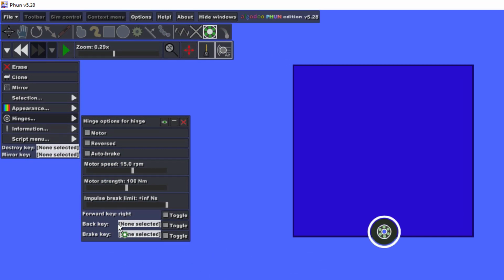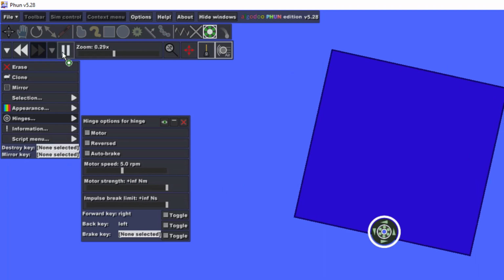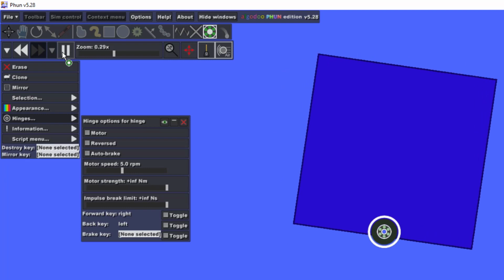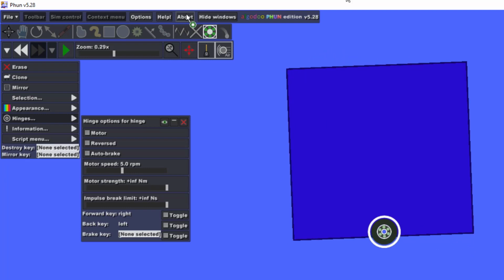Right arrow and left arrow. And then we're going to make the motor speed 5, so it's pretty slow, but we're going to make it super strength. And when we hit play, you can see I can move that left and right to get it where I want. I'm going to use spacebar to pause, and now I'm going to turn it into an awesome